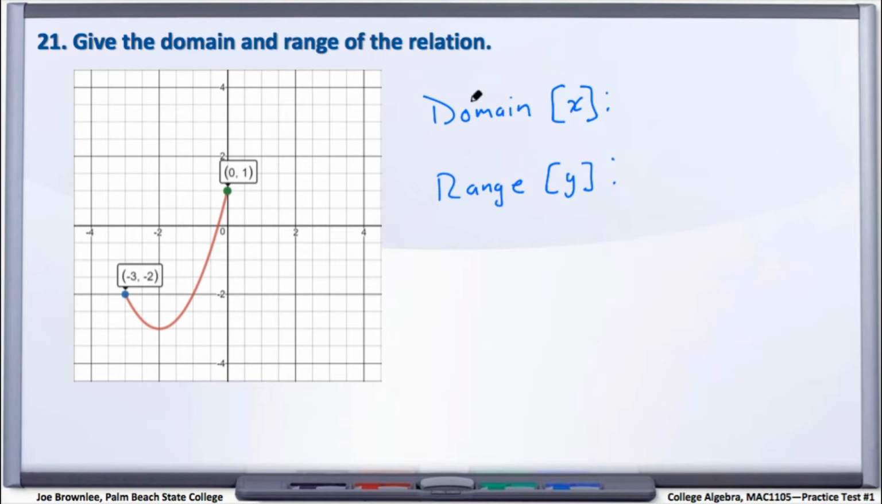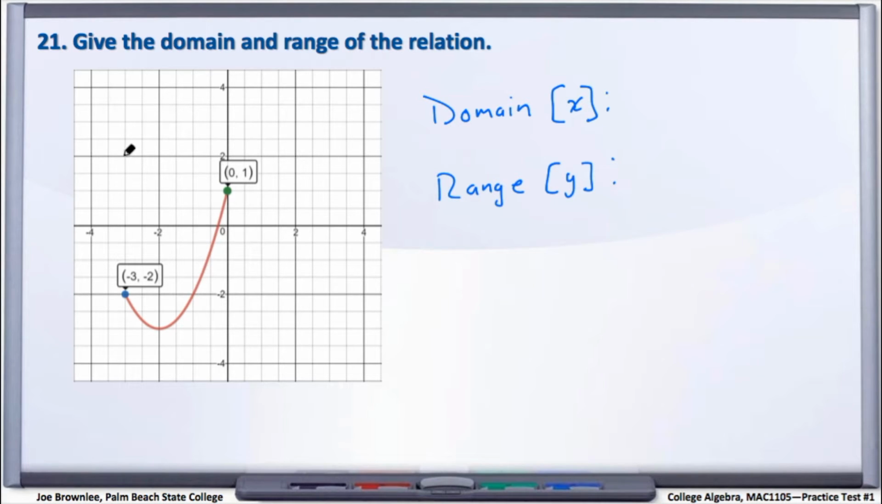So let's go ahead and first and foremost, let's talk about domain. So if we look at this graph here, and this is not the same exact picture that's on your test. I went ahead and recreated this graph so that we could more easily identify what's happening here. But it is the exact same relation and same start and end points and all of that. But what we can see here is for domain, let's see, what is the smallest x value that this relation